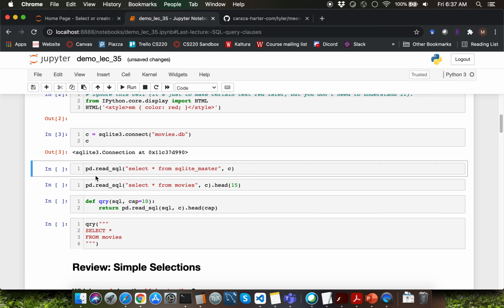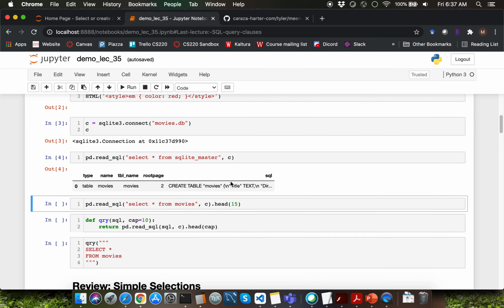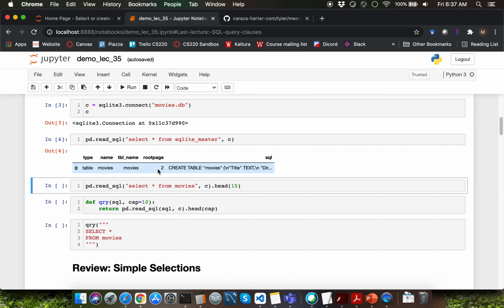The return value from the read_sql function is going to be a pandas data frame. Every time you explore a specific database, you always need to execute this query first, which is select star from sqlite_master. Recall that this query enables us to obtain details of various tables stored within that particular database. The database is identified via this connection object instance reference. Observe that within the movies.db database file, we have a single table which is also called movies.